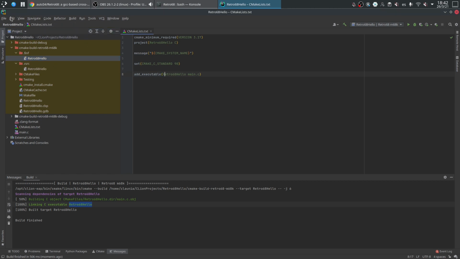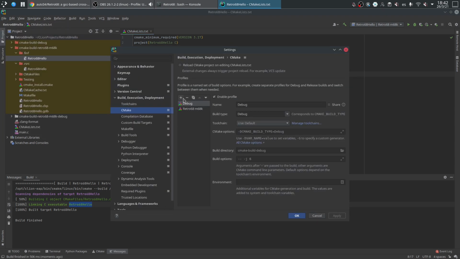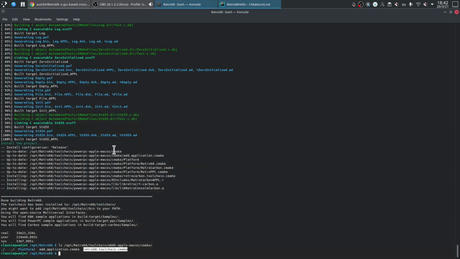And we can do the same for PowerPC. So I'm going to come here again on CMake. I'm going to duplicate this one, call it PowerPC, and then use, I think it was PPC or PowerPC.